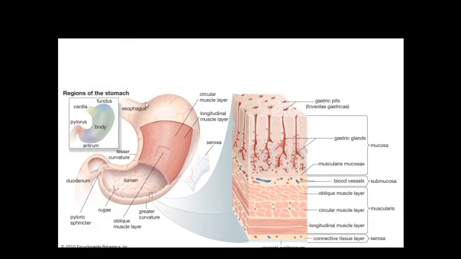The stomach, here you can see, is a hollow viscus which is a J shaped structure, having a lesser curvature on the right side, which is smaller in size, and a greater curvature on the left side, which is larger in size. Now if you see the inside of the stomach, you will find a lot of infoldings which are called rugae. Among these rugae there are several pits present. Now these pits lead to gastric glands.